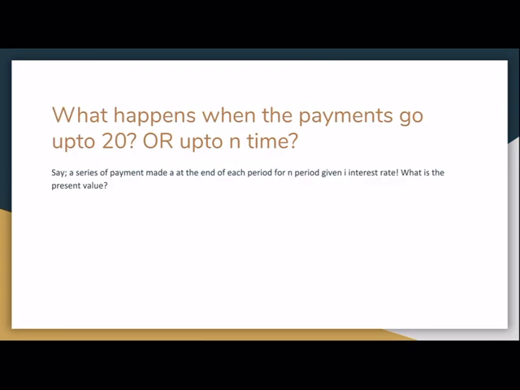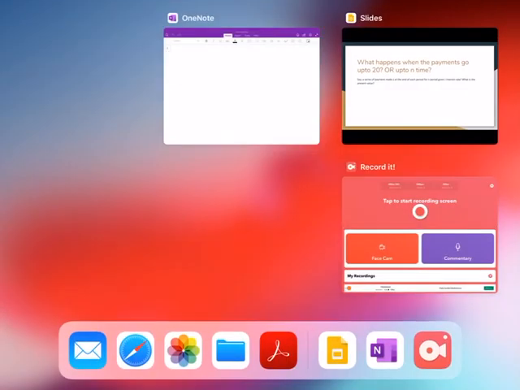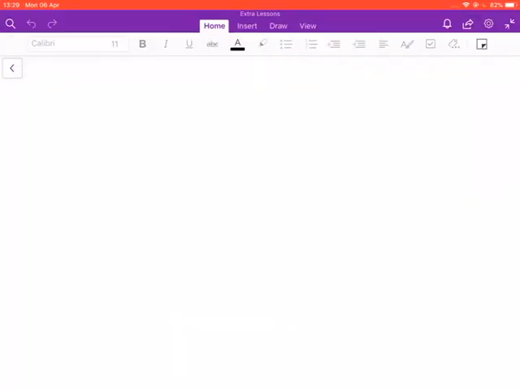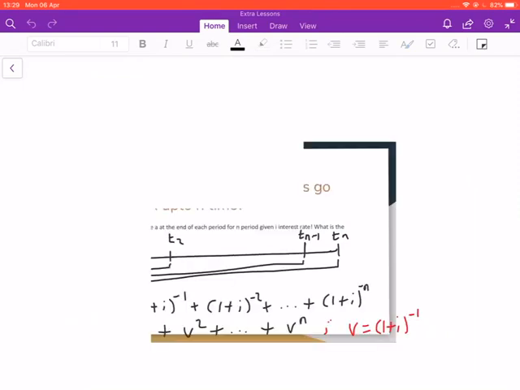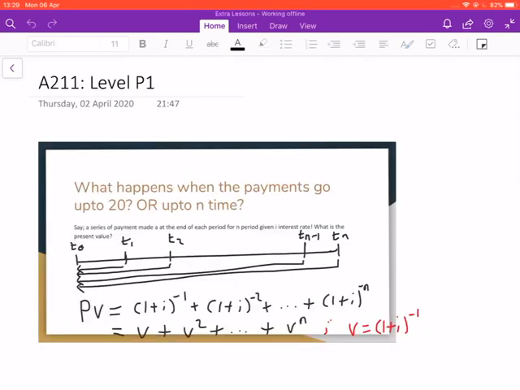But what happens when this payment continues for a longer time? Will you keep on discounting them individually? Well, no, because we will have to make a simple formula which will allow us to find this present value with ease. So let me wait for this to load. So as you can see,